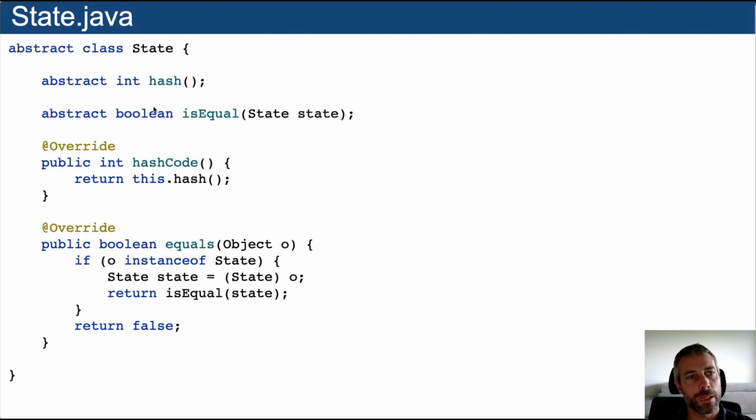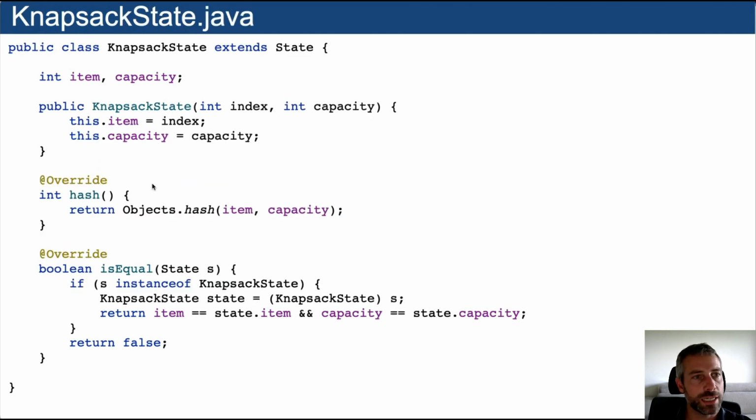And so the hash code here will be used to make sure that 2 nodes are considered equal by the map. Okay, so you need to implement the hash code. And for that, for the knapsack problem, for instance,